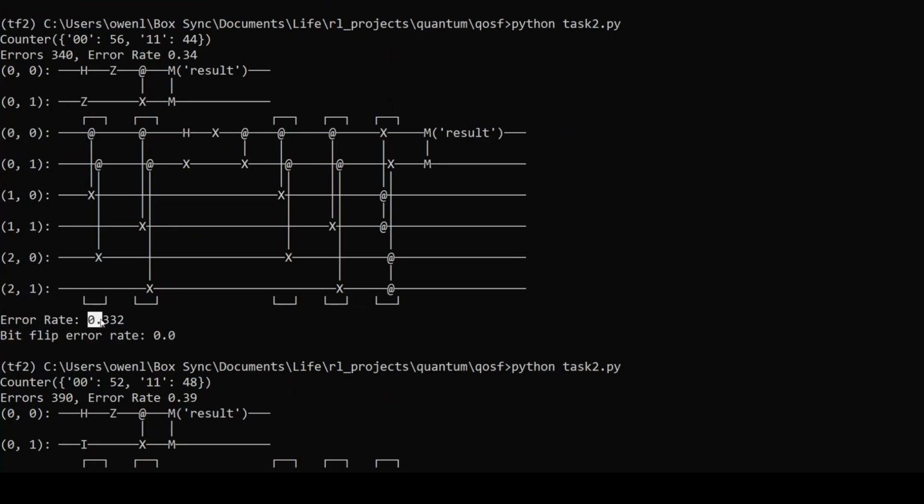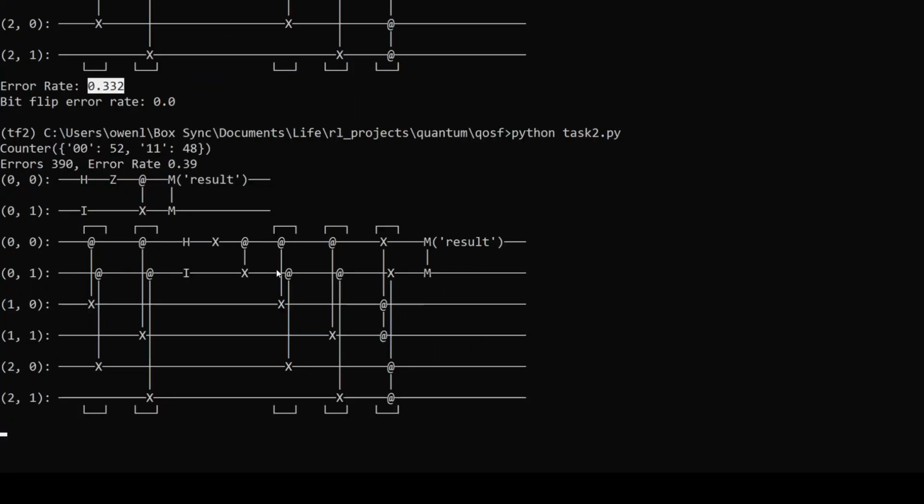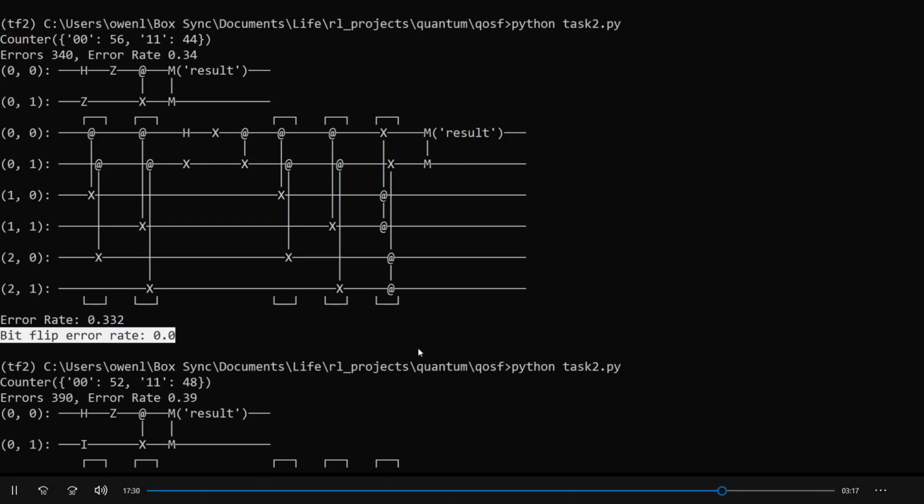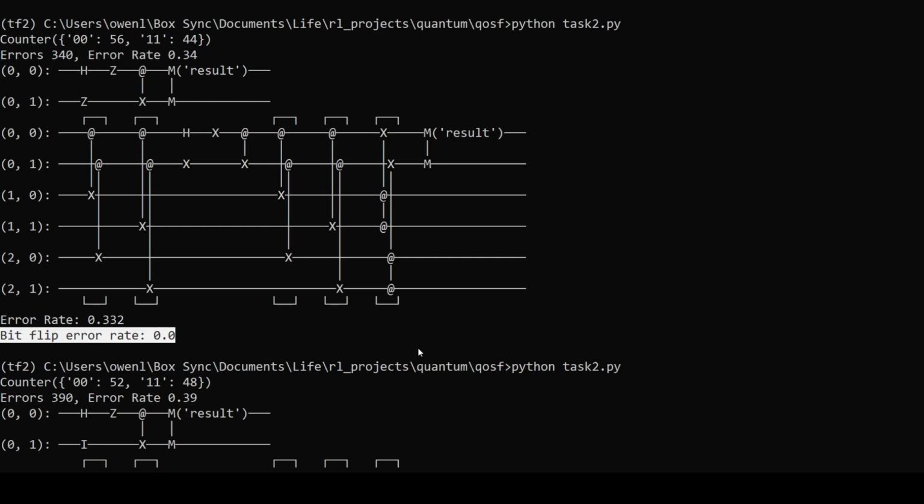So we can see that the error rate, which is the default, the error rate of just a normal circuit, is almost exactly 33%, which is what we expect it to be. But the big takeaway is that the bit flip error rate is 0%. We've successfully eliminated all of these bit flip errors using this code, and so we don't care about the Z errors, because those are sort of phase changes, or sign changes, I should say, that don't impact the actual computational basis measurements. So all we have to do is do the bit flip code, and then